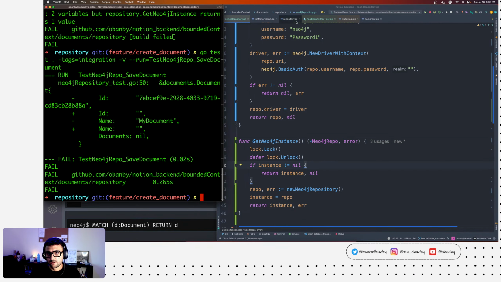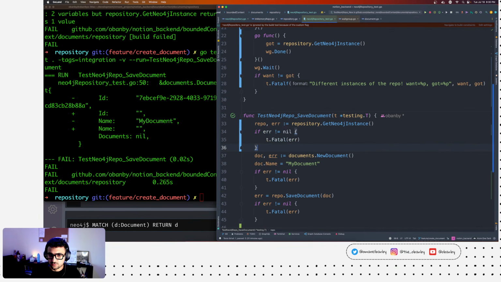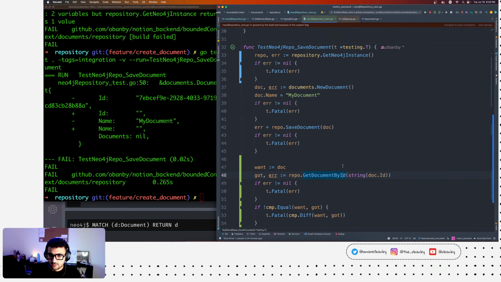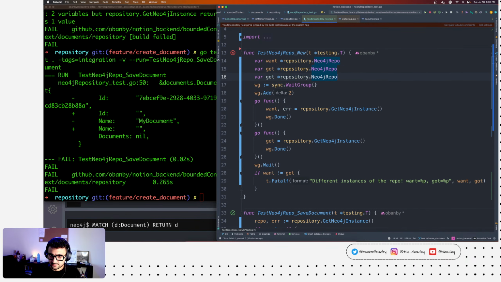But now, of course, again, our test, get Neo4j instance, would return an error, and we can handle that. And for every time we use get instance, I will define an error.